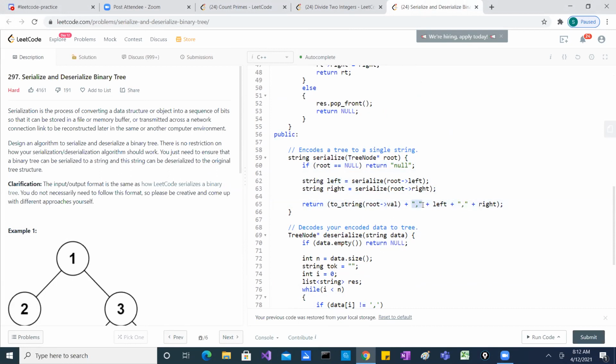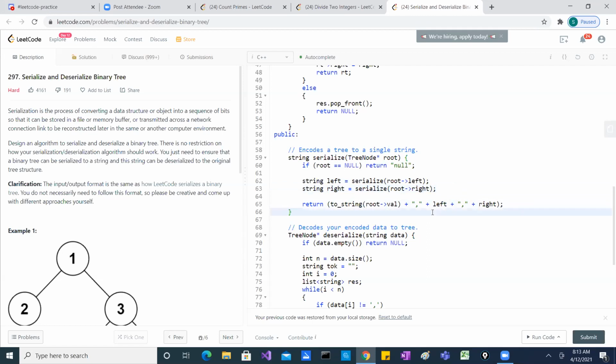I actually have delimiters as commas between each of them. I don't have to put a comma after the right, because that will be taken care of by the left and right, since these are the recursive ones. They will keep on doing that recursively.